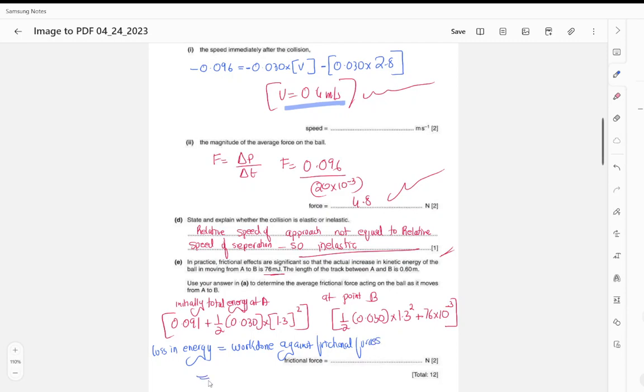So that is going to be equal to, we have to subtract the two energies. So let's see, 0.091 plus 0.5 multiplied by 0.030 multiplied by 1.3 whole square. So this gives me a value of whatever I'm getting, and then let's just write it down, 0.11635 joules minus